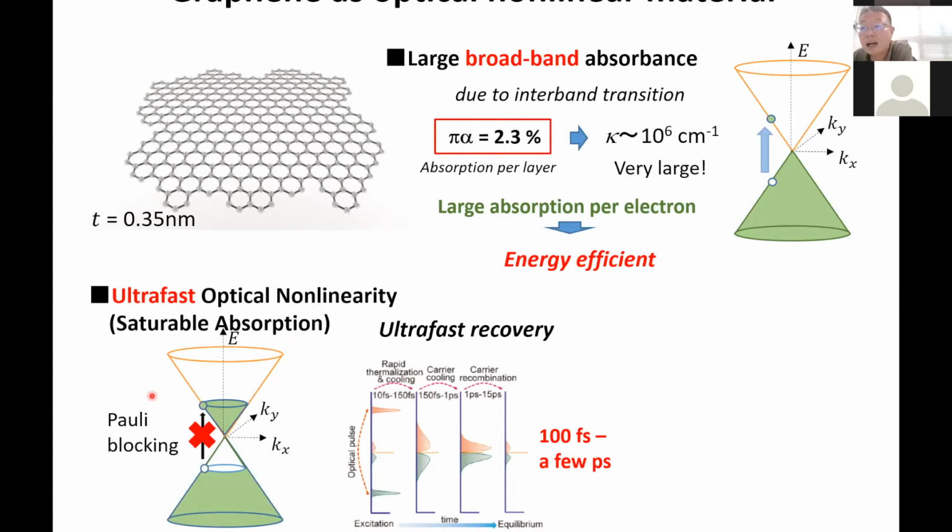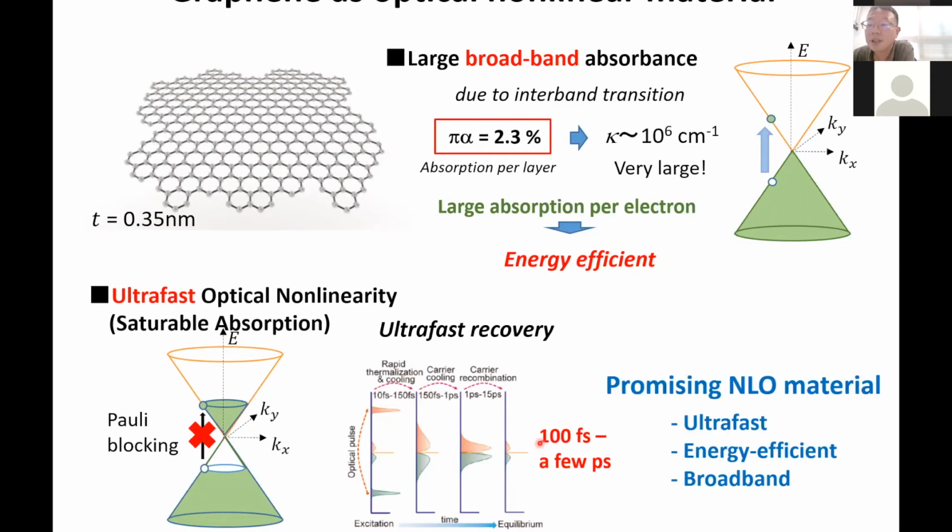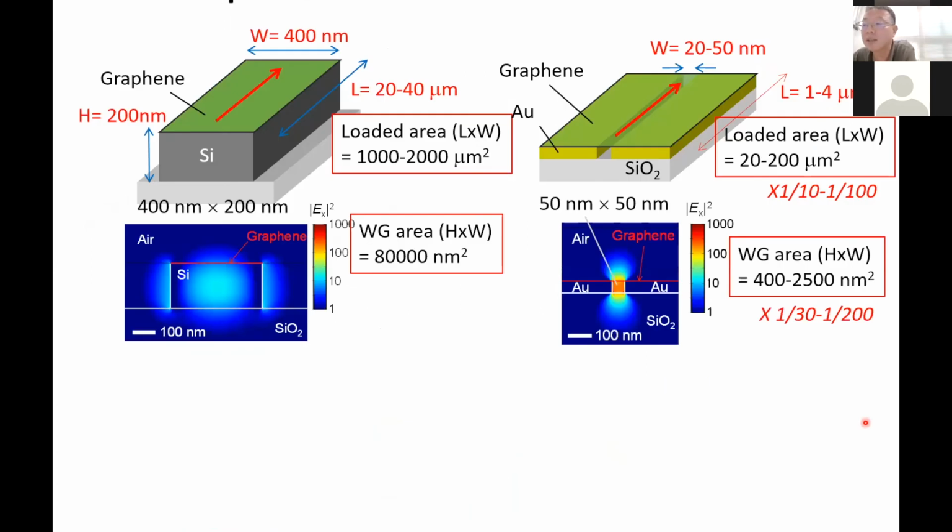at the 100 femtosecond to a few picosecond level. So hence graphene is a promising optical nonlinear material: ultra-fast, energy efficient and broadband. However, graphene's performance is limited by its small interaction cross-section because it's so thin. So we investigated graphene with deep sub-wavelength MIM